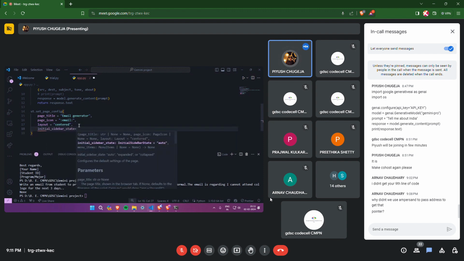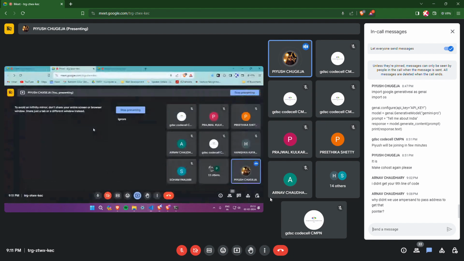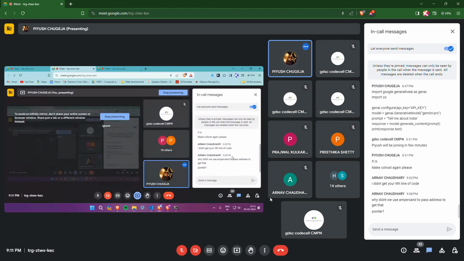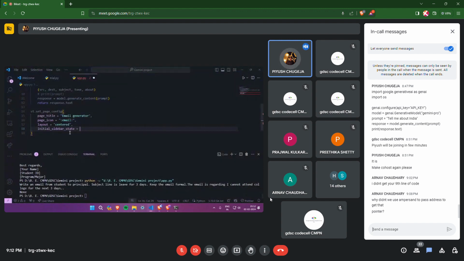Initial sidebar state. एक और argument पास कर रहे हैं. Initial sidebar state what it does is कि ये देखो, ये मीट के अंदर ये चैट बॉक्स है ना, ये चैट बॉक्स, ये एक साइड बार है. तो हम क्या बोल रहे हैं, अभी when you enter the meet we want to see the chat box instantly. कोई मैसेज भी नहीं होता जैसे ही मीट के अंदर आए हो, तो it doesn't make sense. तो हम इनिशियल साइड बार स्टेट को रखेंगे collapsed, मतलब कि हमें साइड बार की जरूरत नहीं है, तो हम उसको बंद रखेंगे.